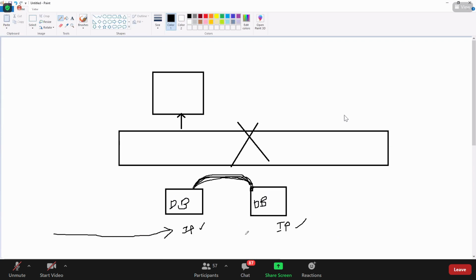DB server. All the clients will be accessing this IP address to the DB server. And if you want to synchronize to this and this, would you use this IP address for synchronization? Basically, if you use this, it might be loaded. This guy is also using this IP address. These guys are also using this IP address. Clients are also using the same IP address.